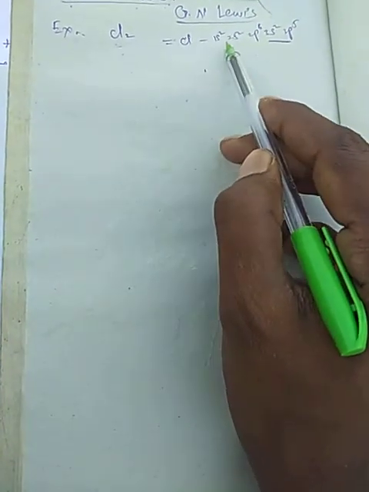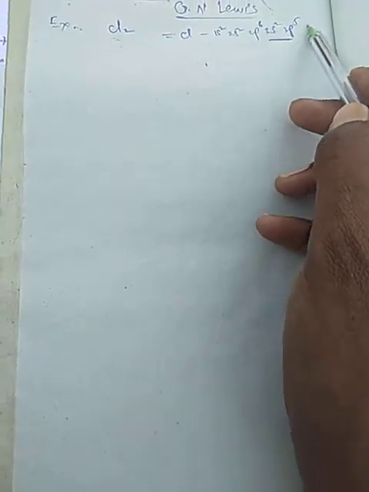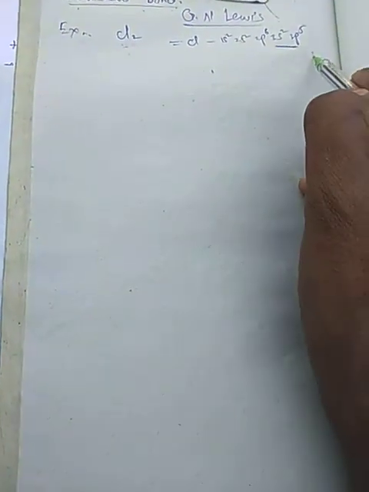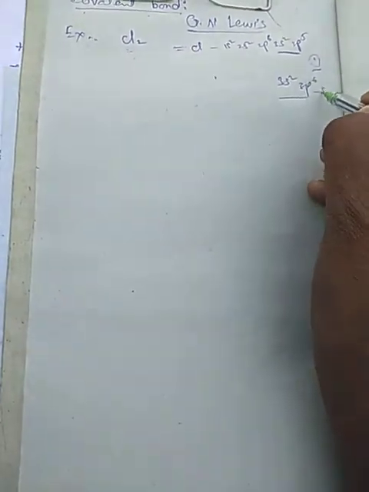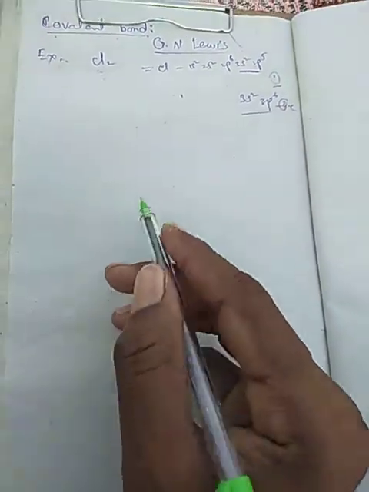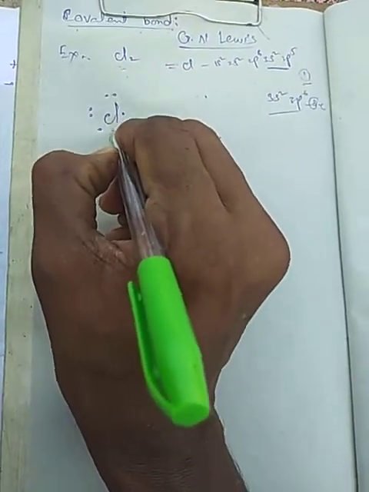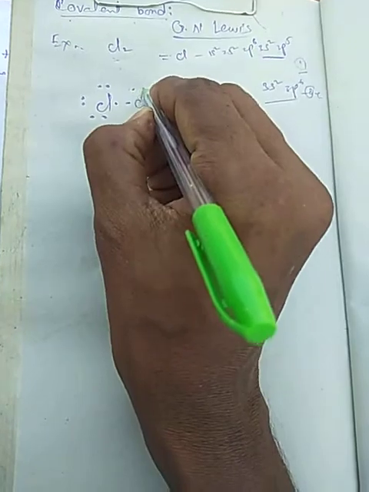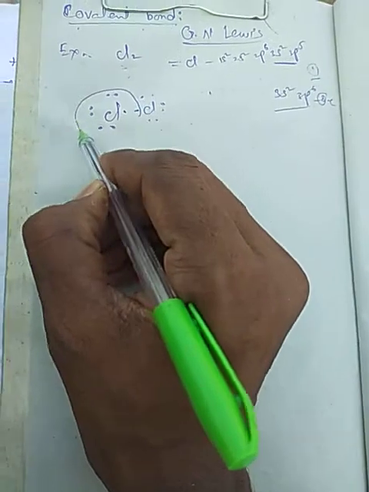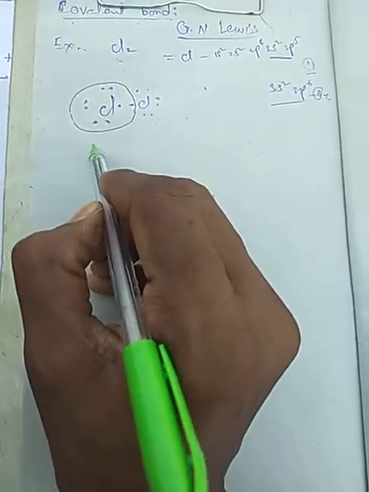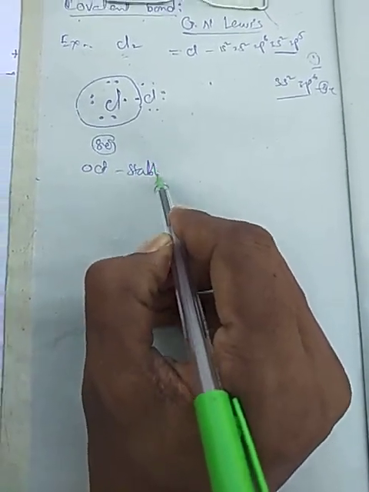The valence electronic configuration is 1s2, 2s2, 2p6, 3s2, 3p5. It has 7 valency electrons. If one electron is shared, it becomes 3s2, 3p6, an octet stable configuration. In this molecule, the first chlorine has 7 valence electrons, and the next chlorine also has 7 electrons. By mutual sharing of electrons from this chlorine, it becomes 8 electrons. It shows the octet becomes stable.